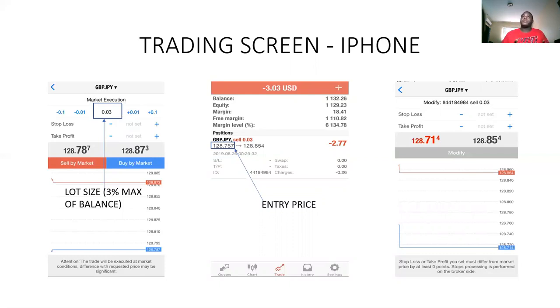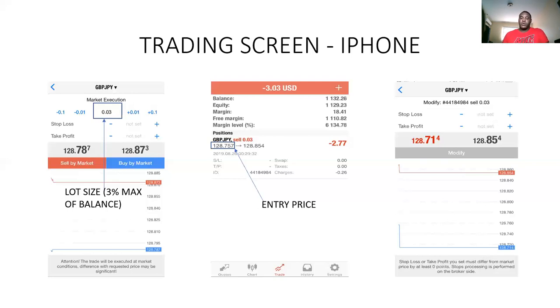All right, so stop loss, I mean, the entry price would be dependent on when you press this button. So in this example, we're going to sell. And once you hit that sell button, it'll give you an entry price. Your entry price, if you look at the second picture, will always be under the pair's name. So this is the Great Britain pound versus the Japanese yen. We refer to it as GJ. First letter of the first currency, first letter of the second currency, GJ. Entry price is the number directly under the pair's name, which is